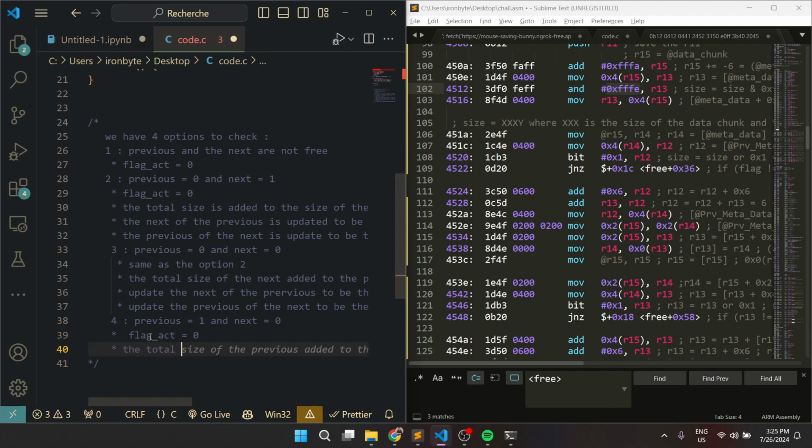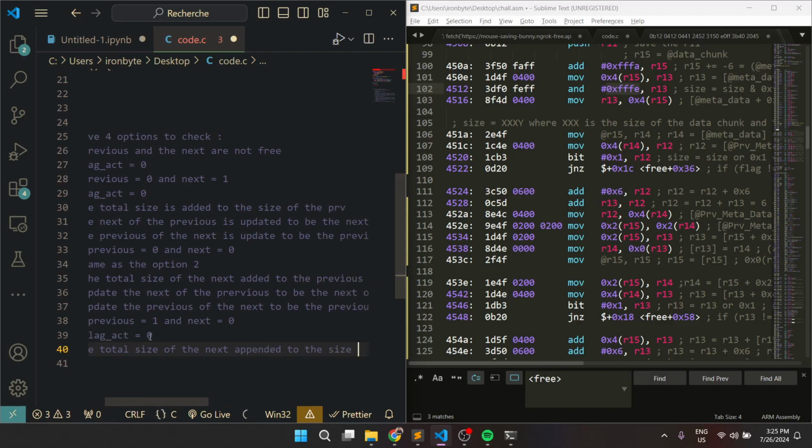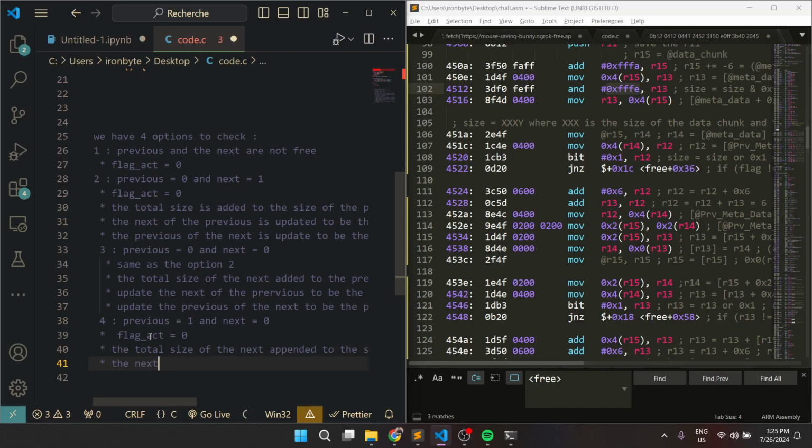Well, the total size of the next now should be appended to the size. And then the next should be updated to be the next of the next, and the previous of the next should be